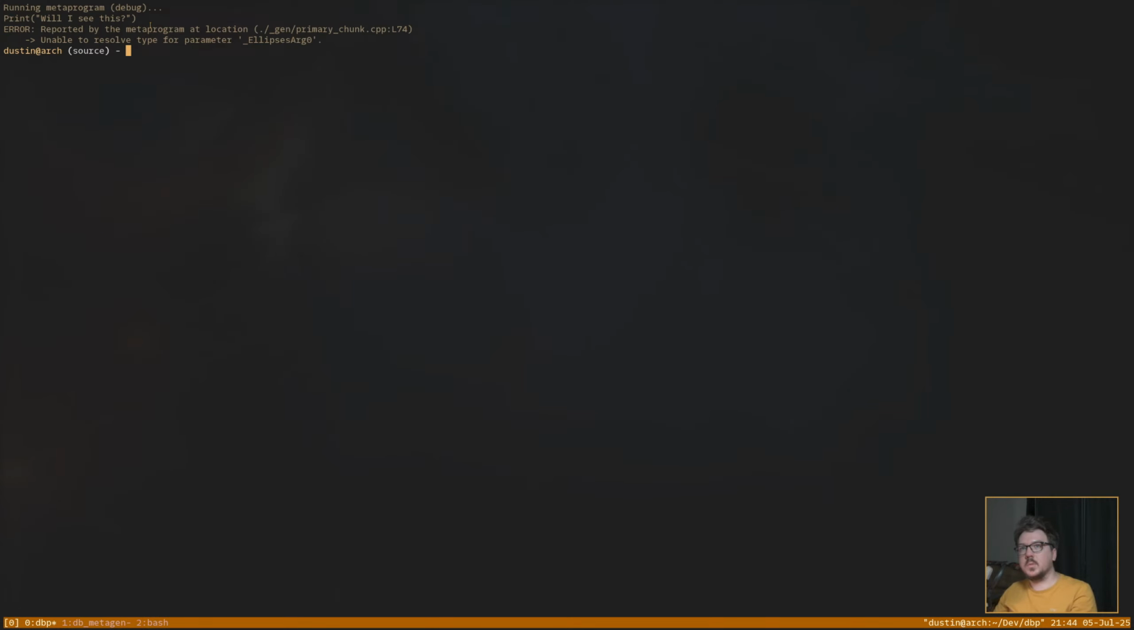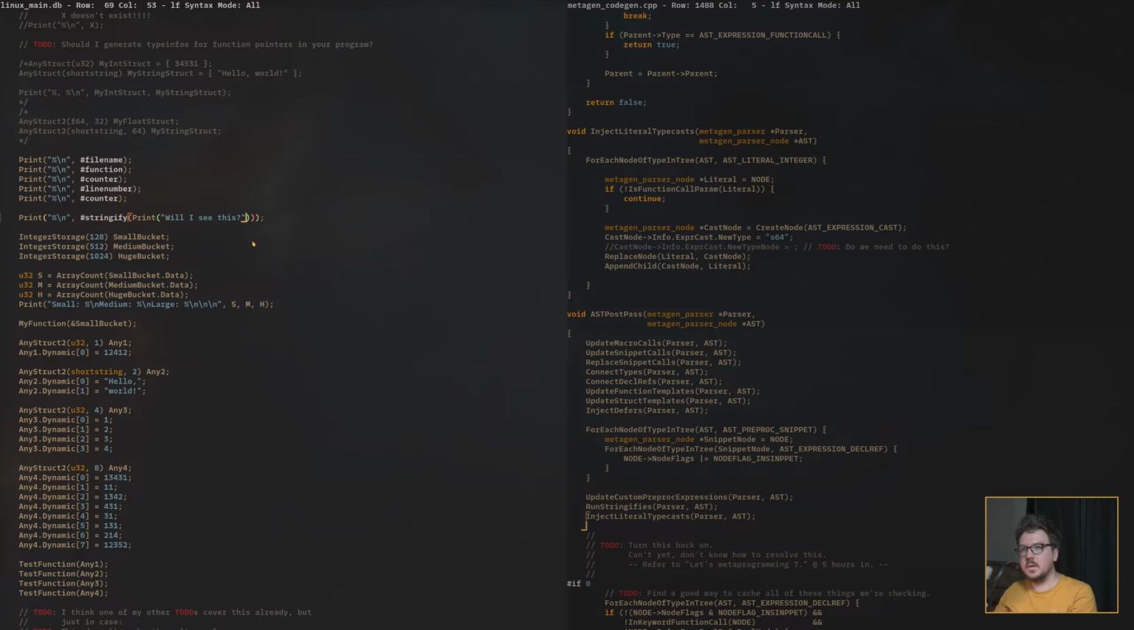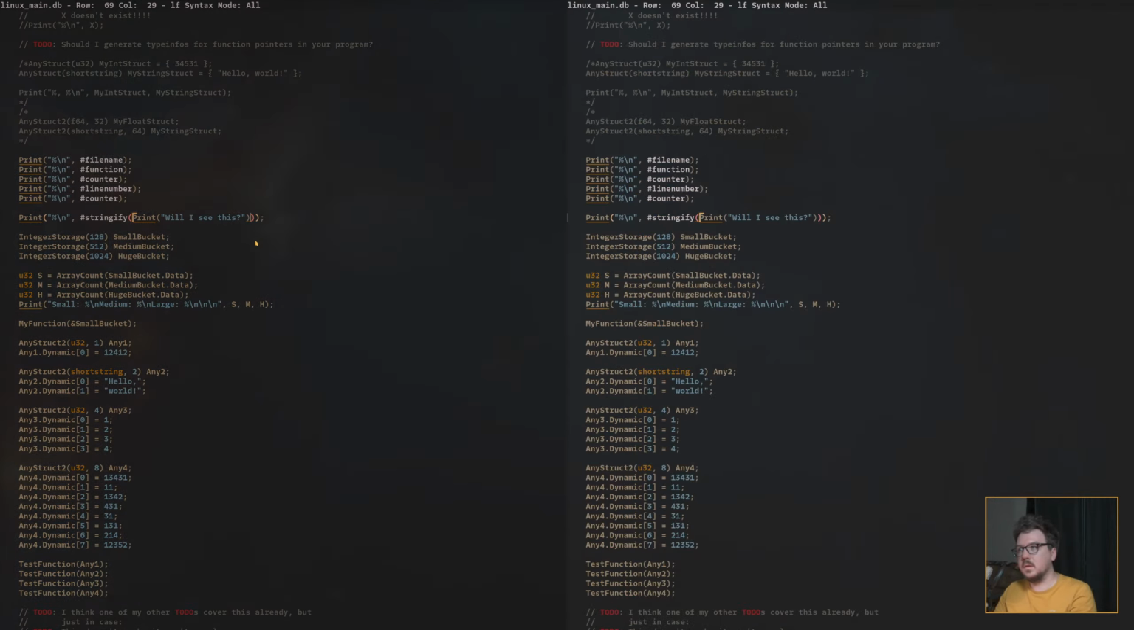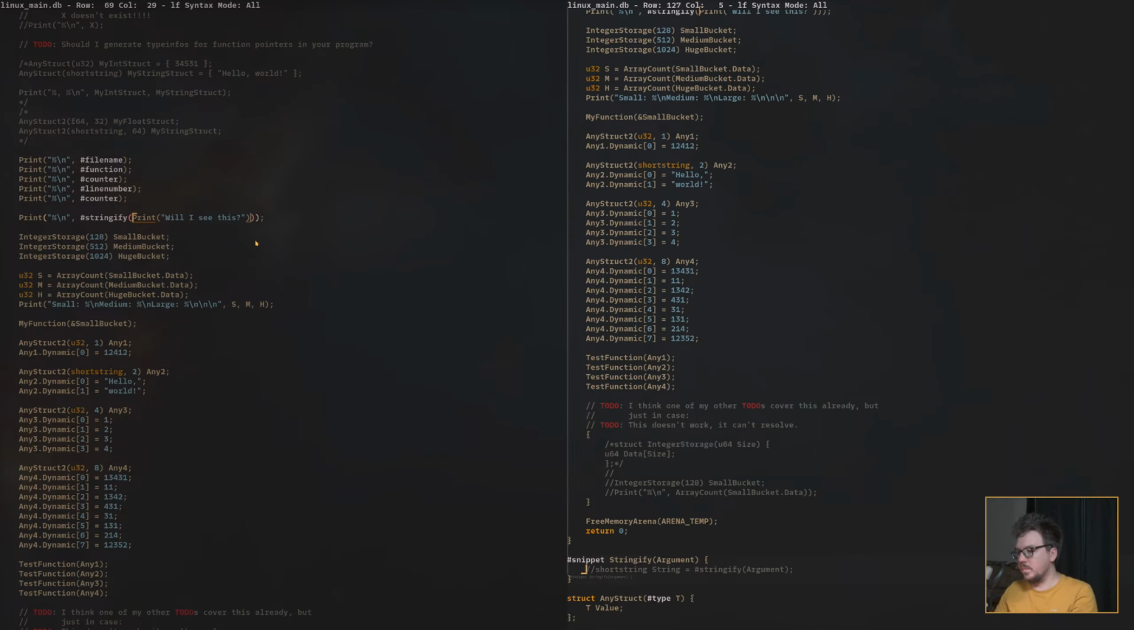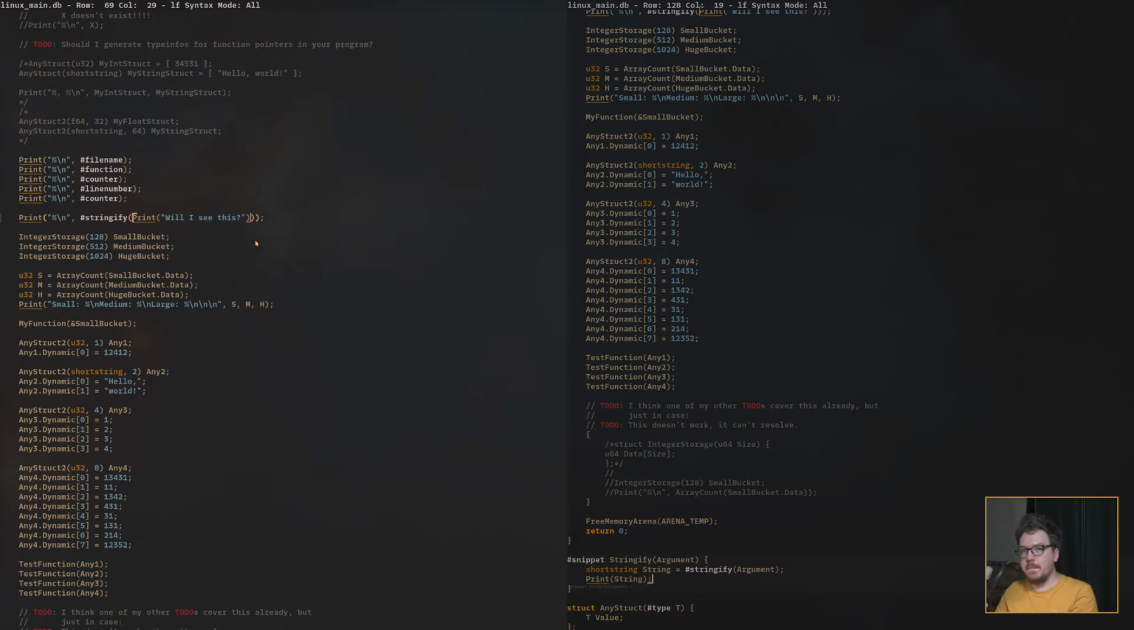There we go. So we can print out whatever's in there just like a macro. You can stringify whatever this is. That's awesome. So now my question is, if I take this and put this in a snippet, right? If I put that in a snippet and call the snippet